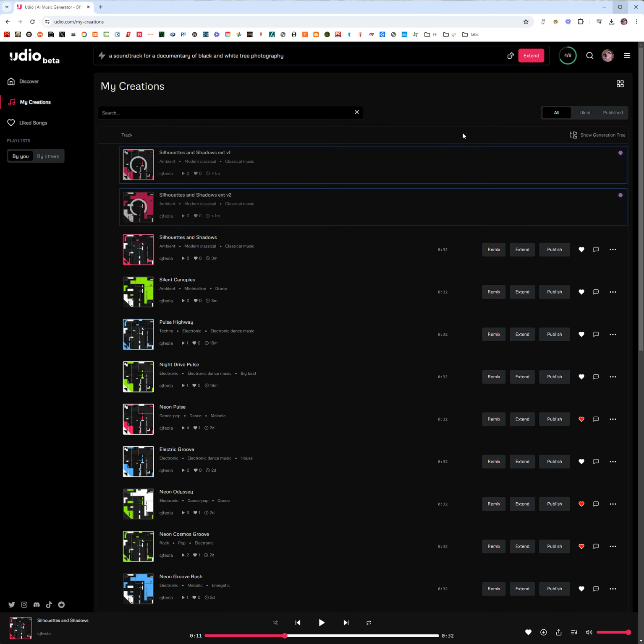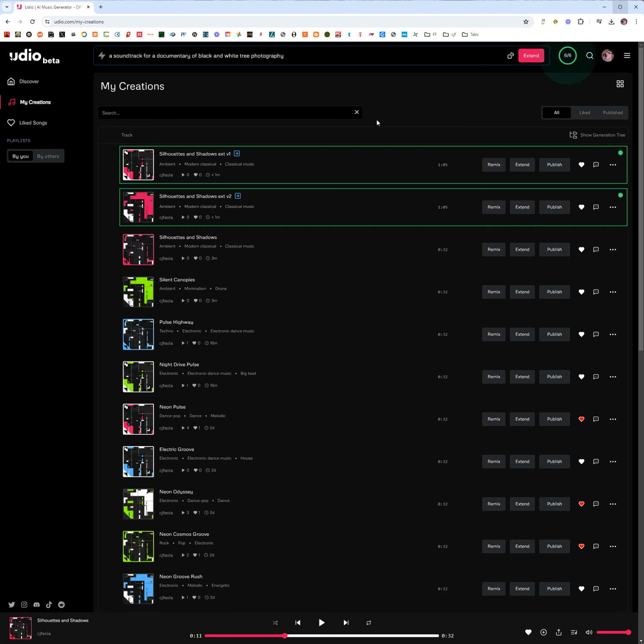Now it adds these sections as blocks, and so I'm curious to see, first of all, if the intro is the same size as the main block, or if it's a different size here. Wow, this is taking as long or longer than the original did. Okay, yeah, it's the same size. We went from 32 seconds to 1 minute 5 seconds. So I'm going to skip the